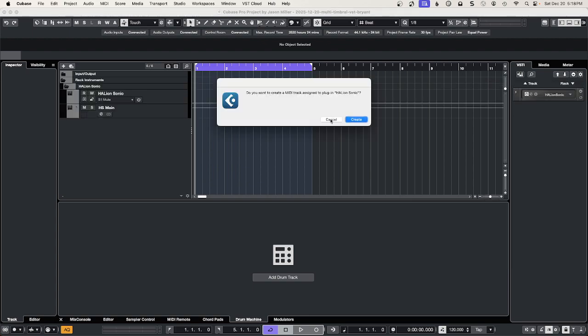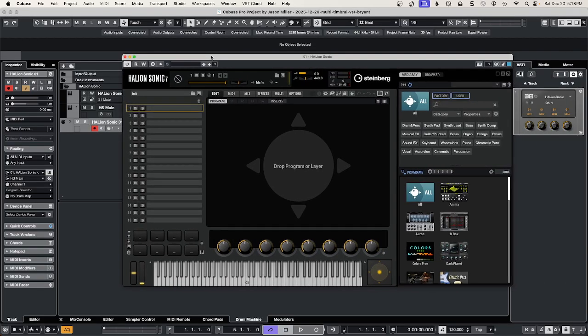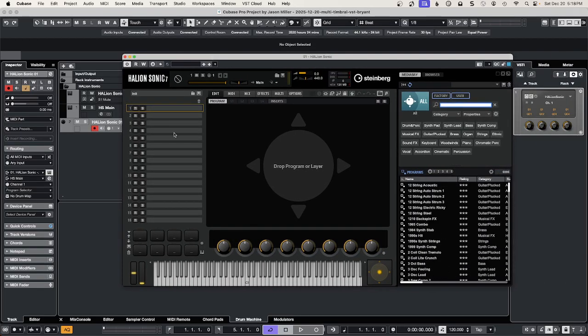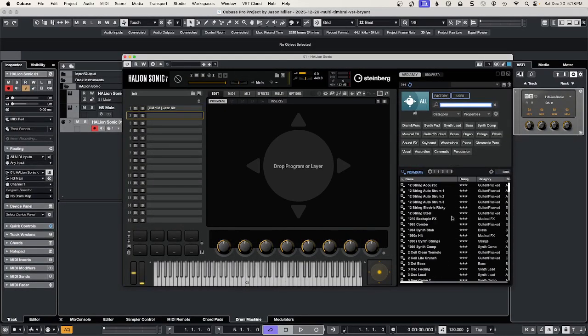It's going to ask me if I want to create a MIDI track, and I'm going to say, yeah, go ahead and create a MIDI track. That's fine. Okay, so this is the Halion Sonic plugin, and what we're going to do is load some general MIDI instruments in. So let's start off with just a drum kit. If we go to the very bottom of our list here, we can load a simple jazz kit